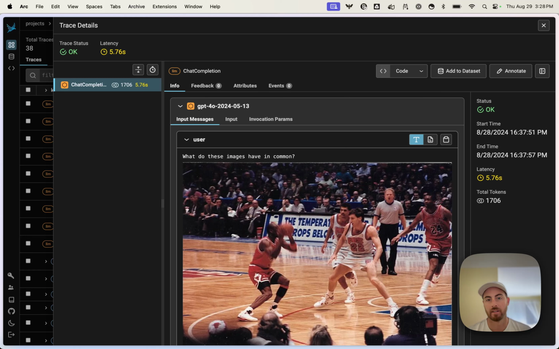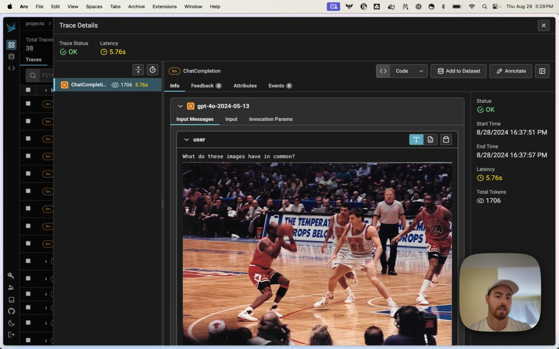Today I'm going to walk you through how you can evaluate and experiment on an image classification pipeline using Phoenix. We recently added multimodal support to Phoenix, so we can now display rich images within the traces that you see in the platform. We're going to take advantage of that and show you an example of how you can not just show those, but also evaluate the performance of a model or pipeline on